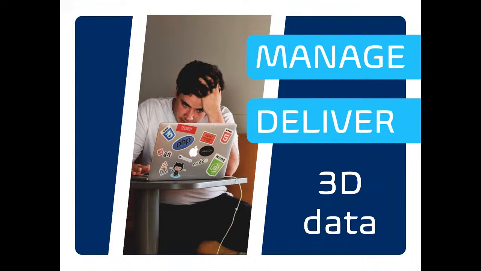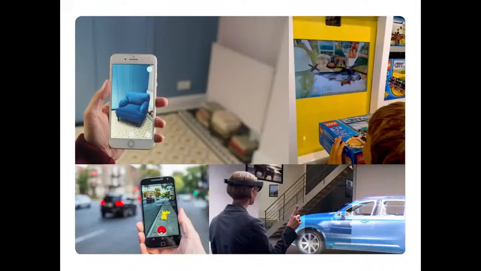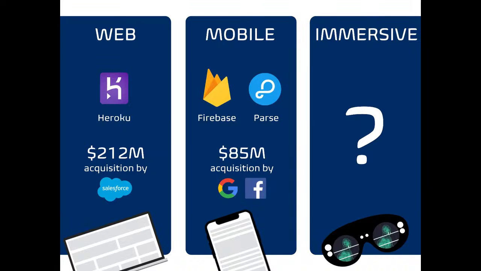This inspired Alon to start talking to other people to see if other developers had the same issue, and they ultimately came to this conclusion that it was very difficult to deliver 3D content regardless of what it was, whether it was an AR experience, a VR experience. There really wasn't a way to consolidate everything on a back end in a central place. With 2D content, there's really no problem. For web, there's Heroku and a few others. For mobile, there's Firebase and Parse, to name a couple, but there's really nothing for immersive. So who's going to build the same cloud platform for the same solution for 3D assets?